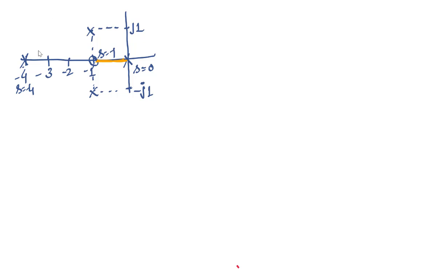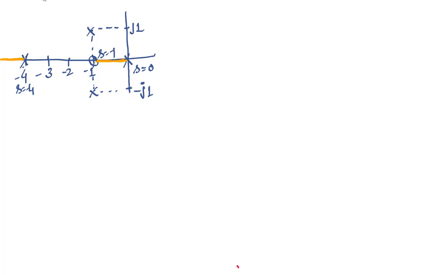Similarly, we will find for this part. So this part is not on the root locus because right side is having total 1 2 3 4, that is even number of poles and zeros, that's why this part is not on the root locus. Then further we can check for this part also. So right side to this part we have 1 2 3 4 5 number of open loop poles and zeros, that's why this is an odd quantity. So this part would be the part of root locus, right?